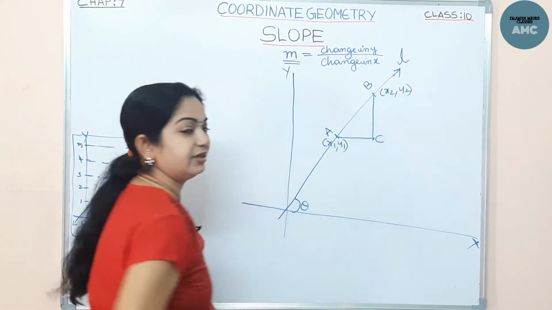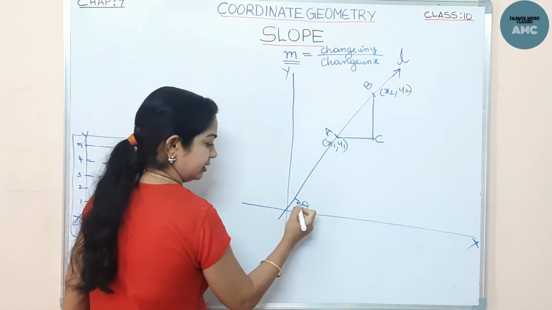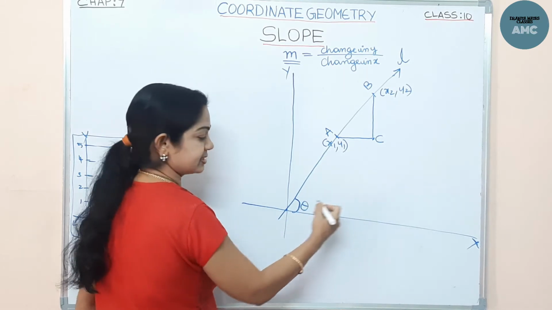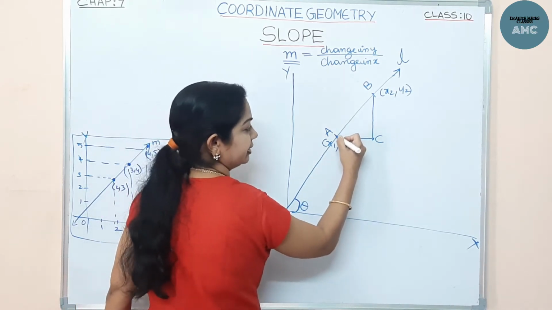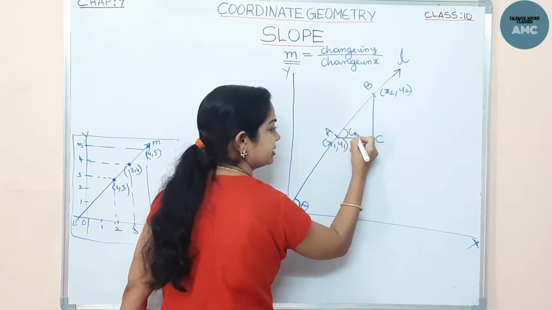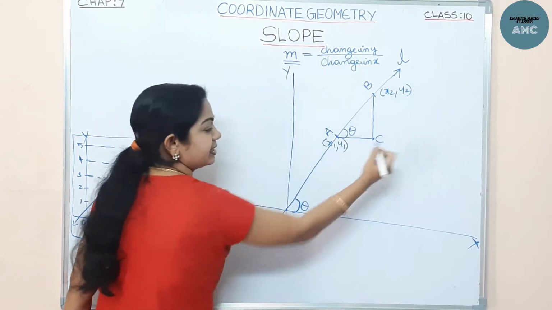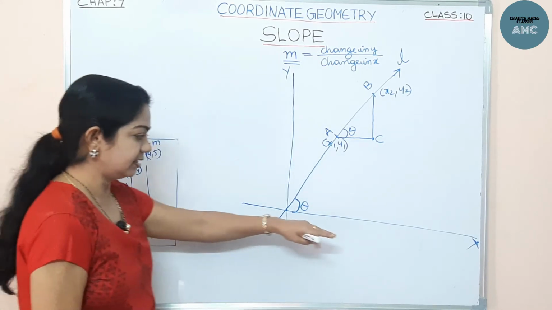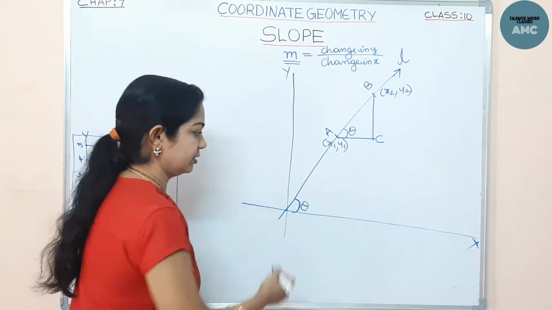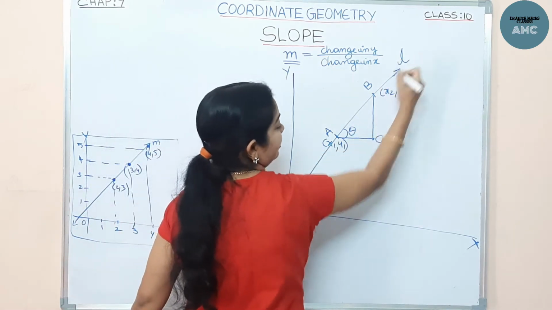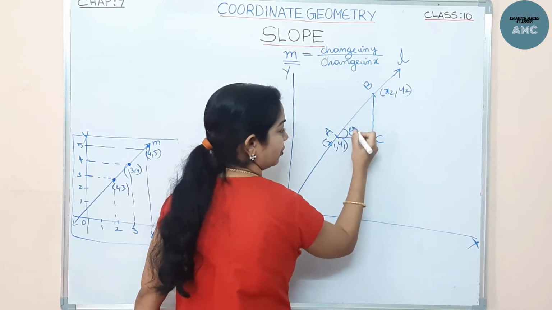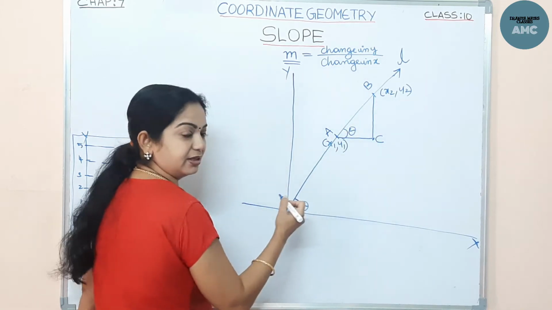Now the inclination. If this line L is making theta degrees with the x-axis, then the segment AB also makes theta degrees with this AC, because it is the same line. See here, line L is making theta degrees with the x-axis. It is the same line L, but I am taking a segment of that line, AB, so AB also makes theta degrees with this line.